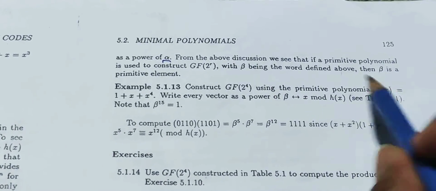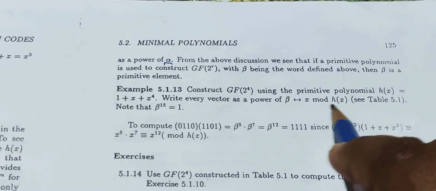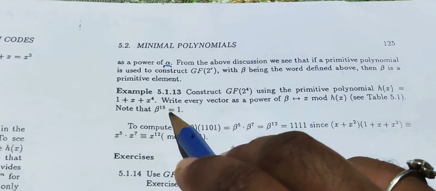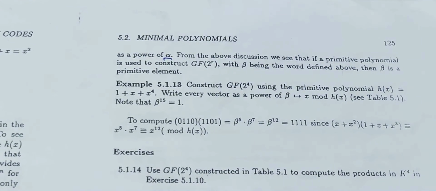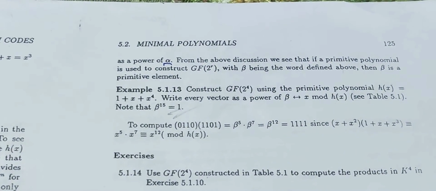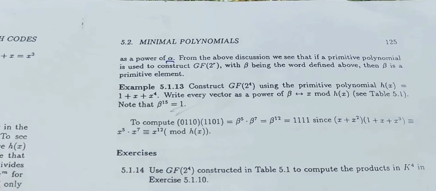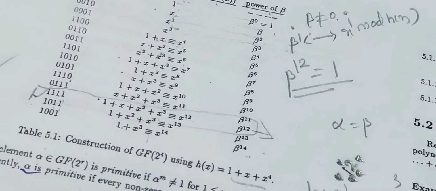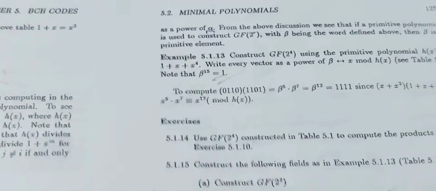Using the primitive h is equal to 1 plus x raised to 4, beta corresponds to x mod h of x. Is beta raised to 15 equal to 1? Beta raised to 15 is 1. Beta raised to 12 is 1 1, look at that table. Suppose here,